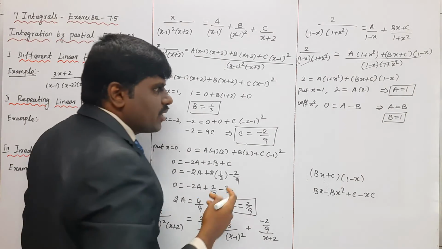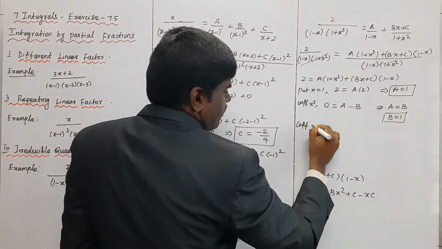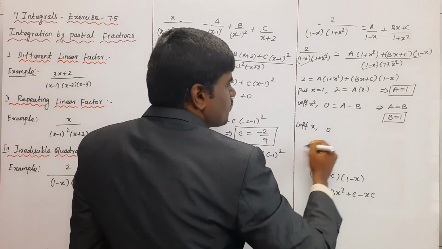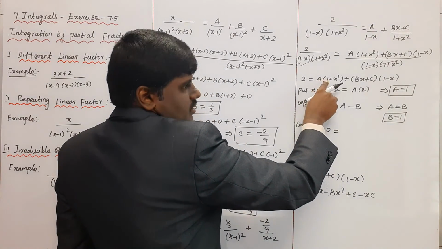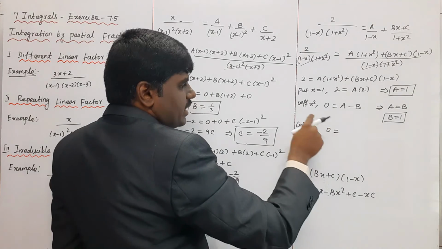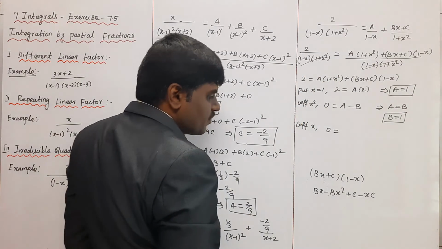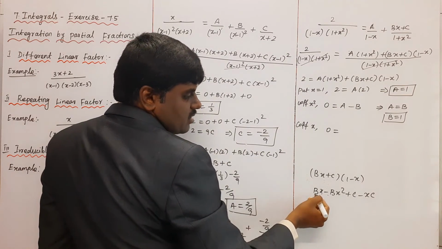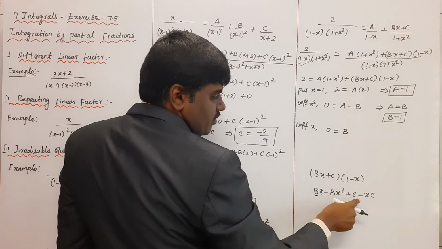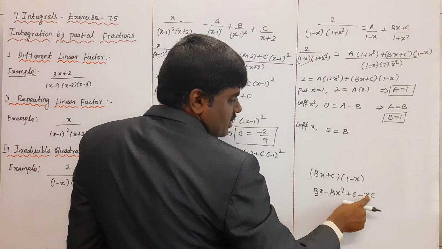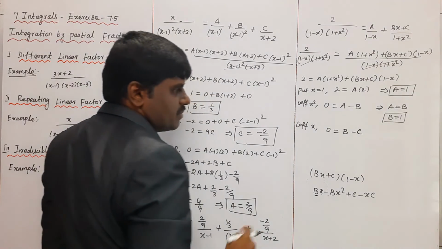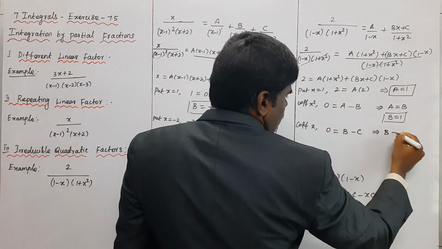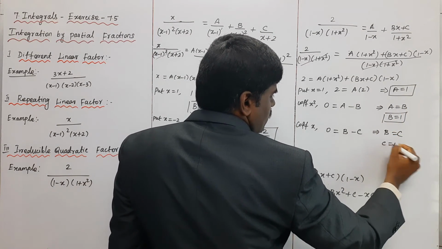Next I substitute the coefficient of x. What's the coefficient of x? Here any coefficient terms? No, take it as 0. Next here the constant is A plus A x square, so I need the coefficient of x, so you don't need it here. Next again I take the coefficient of x. Where is the coefficient of x? Coefficient of x is equal to b. Next here x square plus c is a constant. Again the coefficient of x is equal to minus c. Okay, coefficient of x is equal to minus c. So what's the conclusion? B is equal to c also. For the conclusion, b is equal to c. What's the value? Therefore c is equal to 1.